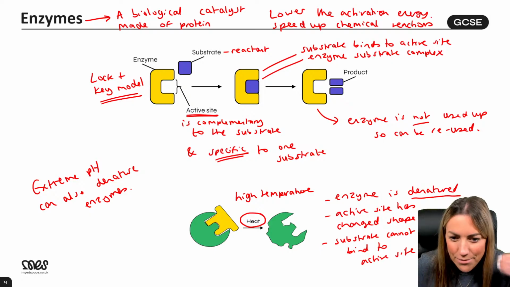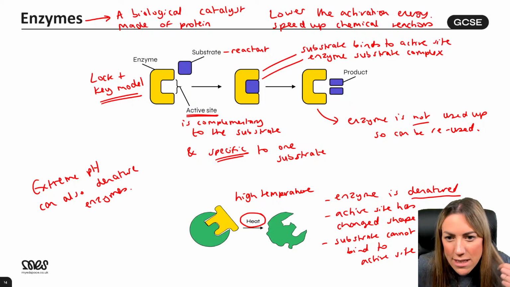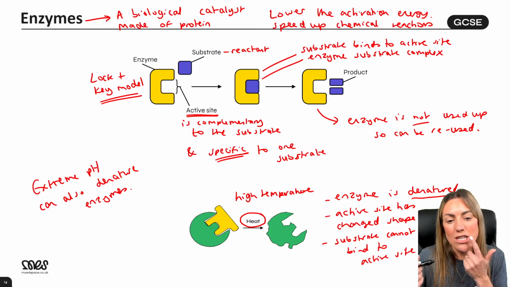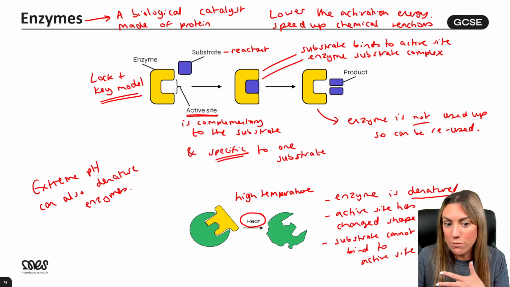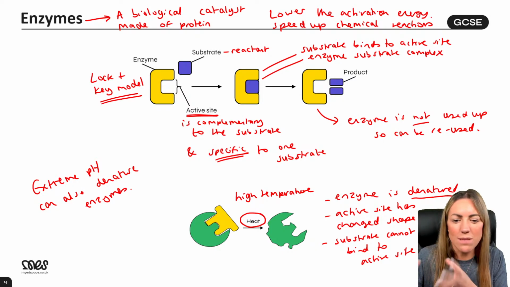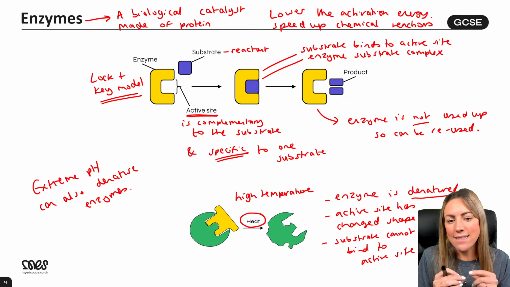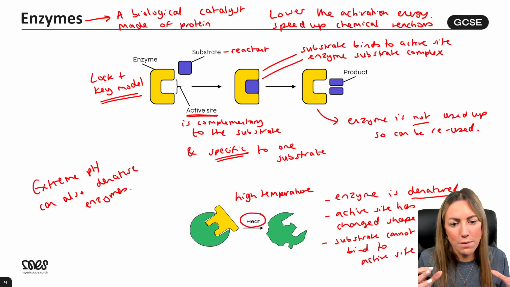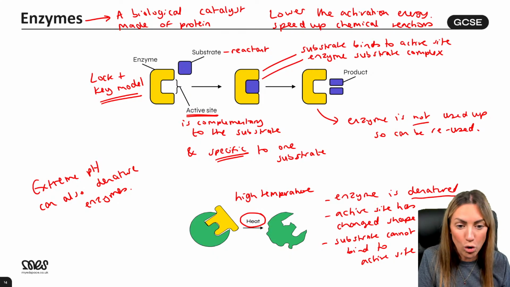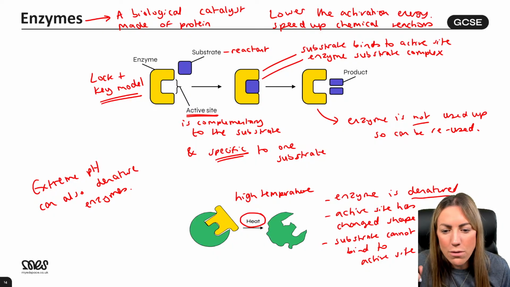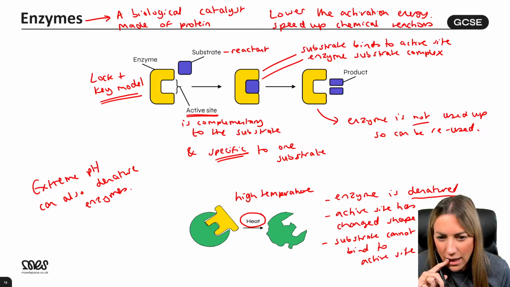It doesn't really matter. Do we need to know the pH? I mean, the pH in the body is slightly different. Like the pH in your mouth, your saliva is about pH 7. In your stomach, it's about pH 2, 1.5 to 2. And then in your small intestine, it's about pH 7, 7.5. But any enzyme, if you take it away from its optimum pH, if it's too high or too low, it could denature. Do low temperatures denature?